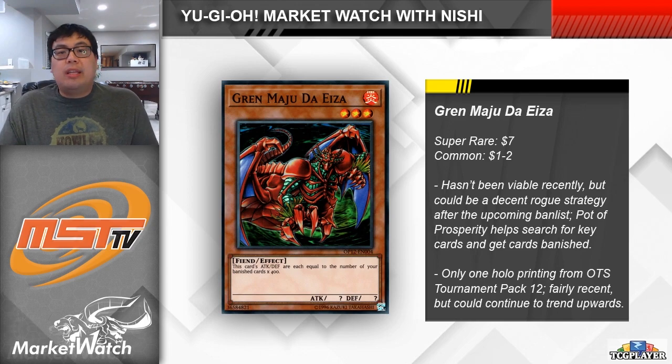Recently, however, the card hasn't seen too much play. I think that with more control decks this format, it can be a bit harder to hit things and deal enough damage to win the game, and then it could be very easy for your opponent to outgrind you and then come back after. Anyways, I guess maybe people are looking at Gran Maju as potentially being a viable rogue